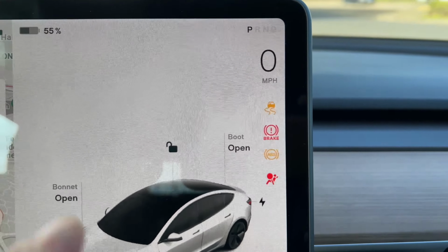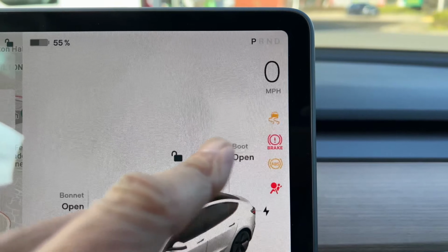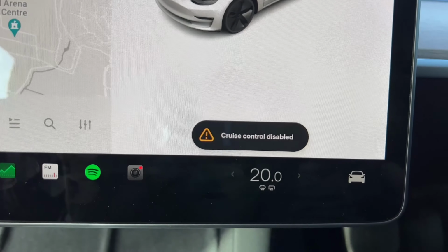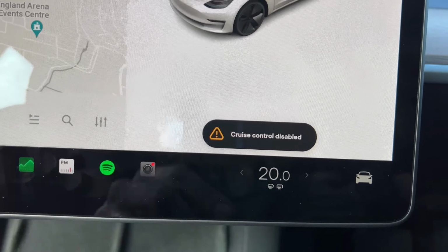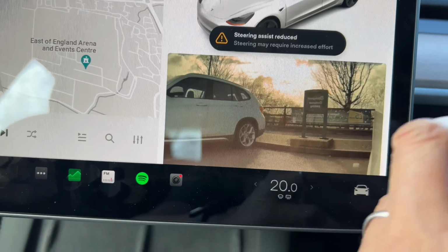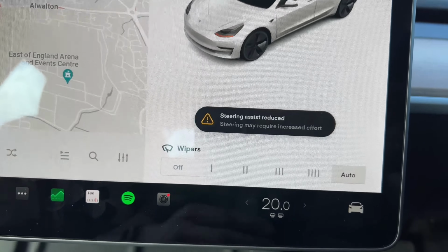I haven't got any airbags by the looks of it. The ABS is off. Stability control is off. Regenerative braking is off. Cruise control is disabled. I haven't got some of the... oh no, that's back on. That wasn't on a minute ago. Most of the safety features are off. So as much as I appreciate everything the engineers have done at Tesla,